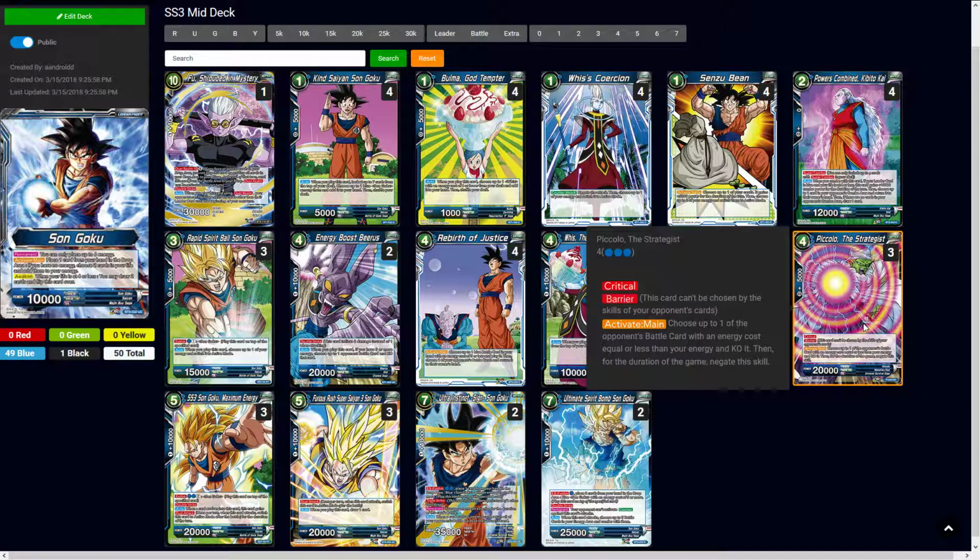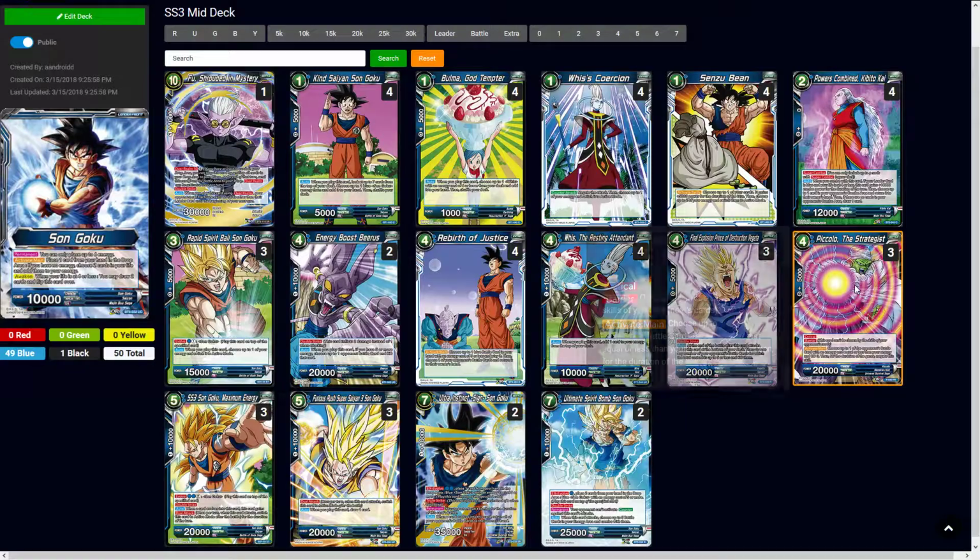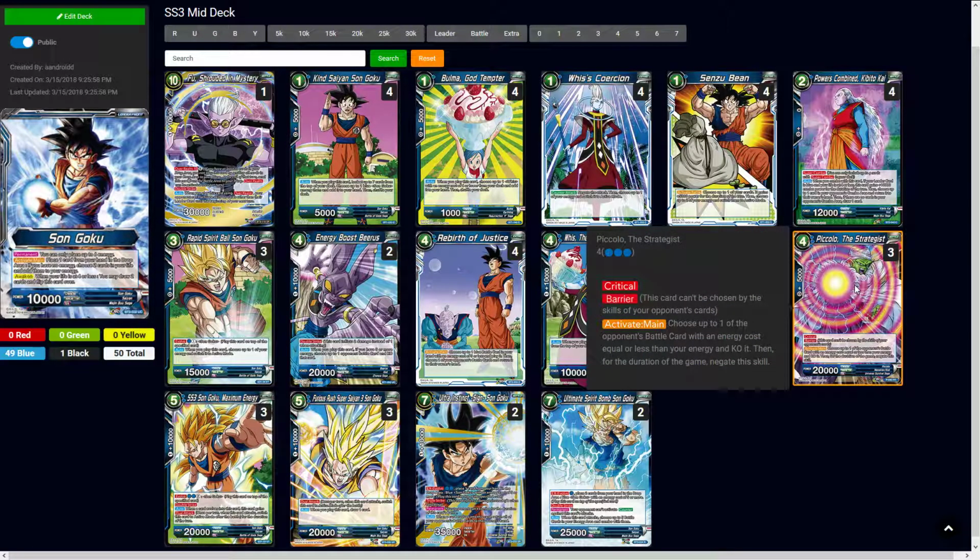So the ruling for this, where it says duration of the game negate this skill, is a little bit wonky. So if it's on the battlefield, is it negated, or is it just in general? My guess is just in general. So if you do have 5 or 6 energy and you want to KO 6 energy, I would use it for that. Again, just so you can have some battlefield control, or you can just use them for energy in general. It's really up to you as far as that goes. But critical barrier, very, very useful, even if you don't have that